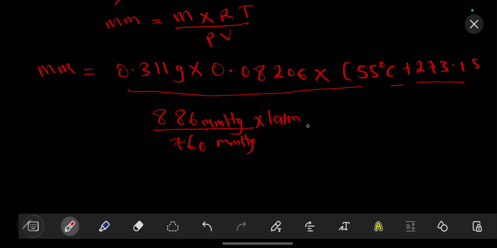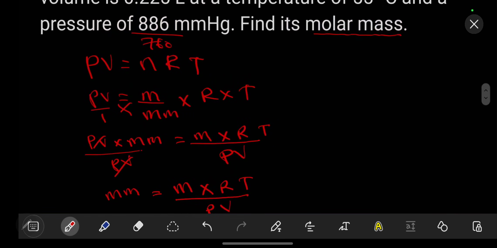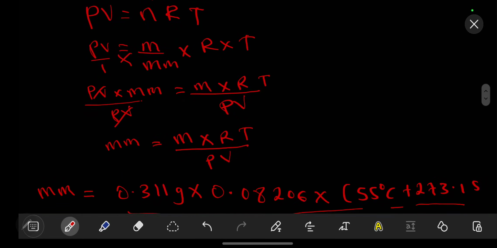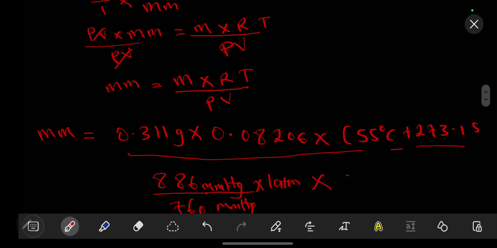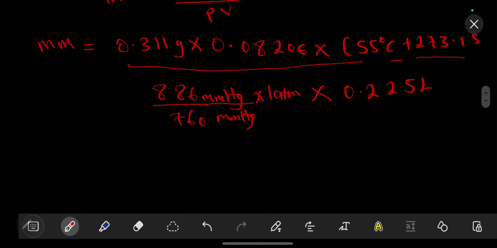Then we are going to multiply by our volume. So our volume, according to this, is 0.225 liters. So we are going to put it there. So our molar mass should be equal to, so when we multiply 0.311 times